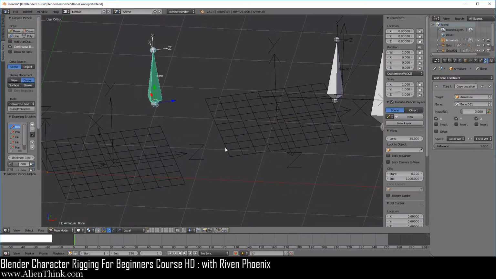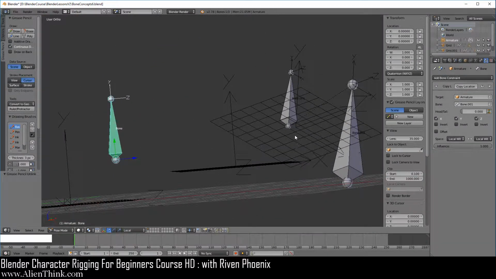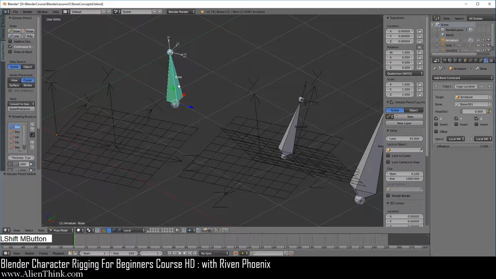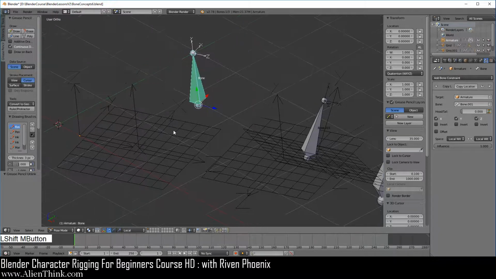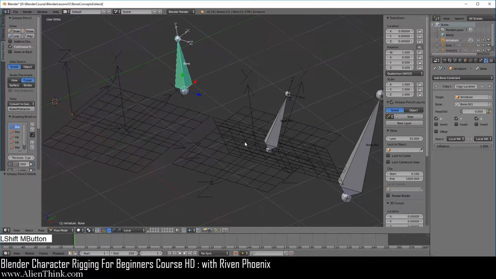But according to this system, Y is basically going from up here. That's all that's going on. So you might find this concept useful if you for some reason need to do local with parent, meaning that you just want to use the armature as a parent, its axis. Anyways, that's how this whole concept works.